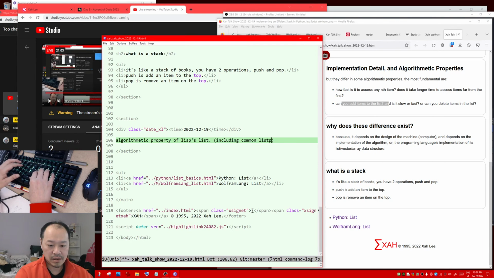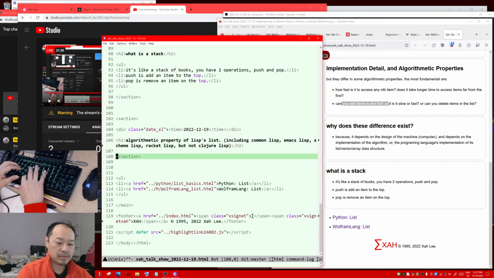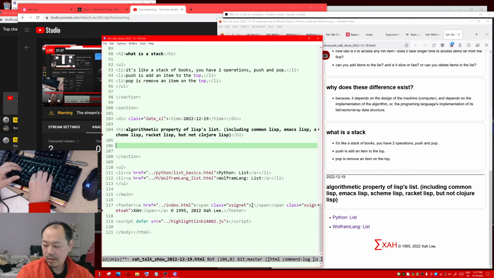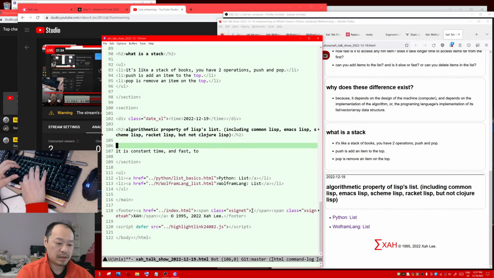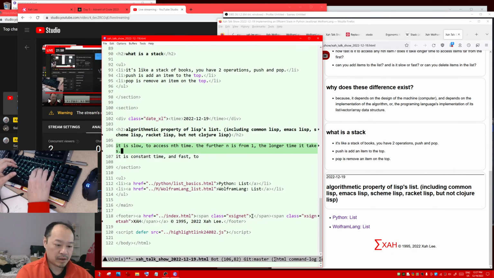Okay, including Common Lisp, Emacs Lisp, Scheme Lisp, Racket Lisp, but not Clojure Lisp. Okay. It is slow to access the nth item. The further n is from 1, the longer time it takes. Okay,